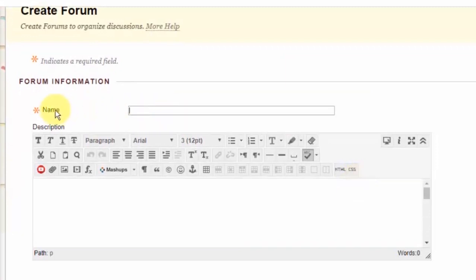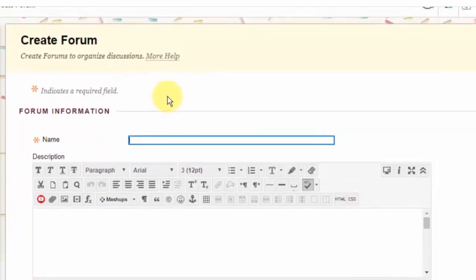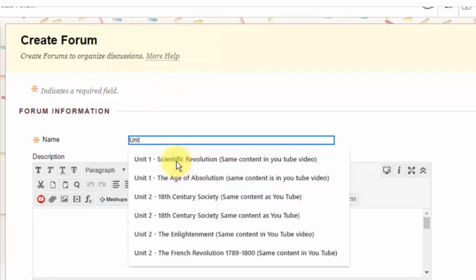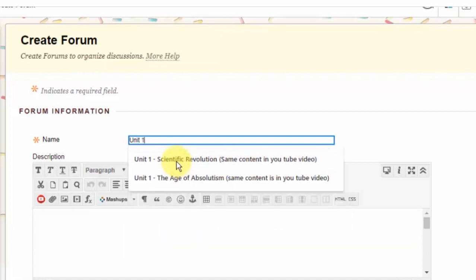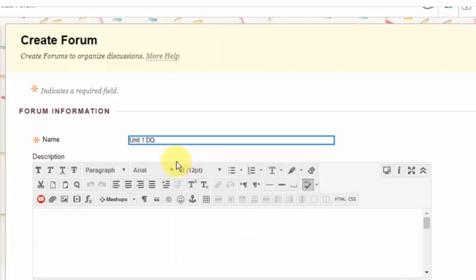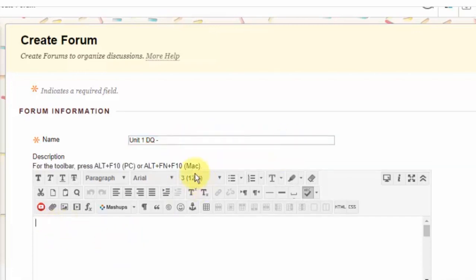Okay, so with the names of your forums, I would say keep it something short and sweet, and something that's also meaningful for the title of the forum. So let's say this is unit 1. I'm gonna name it DQ for discussion question. And then if you want, you could write the rest of the question here, or you could write the question down here,